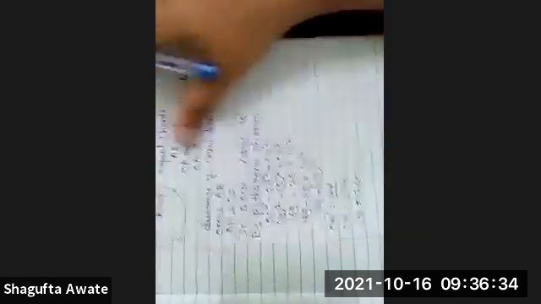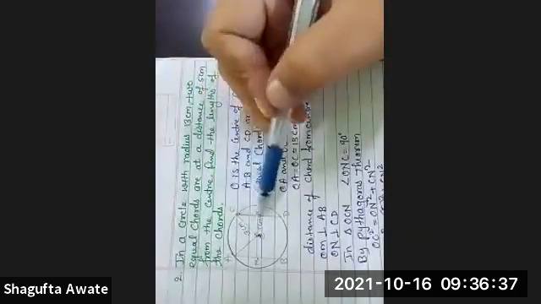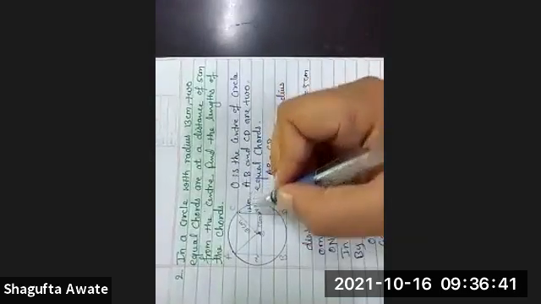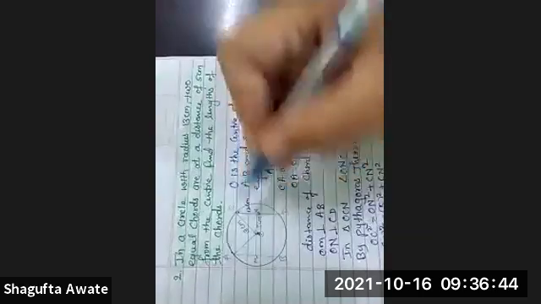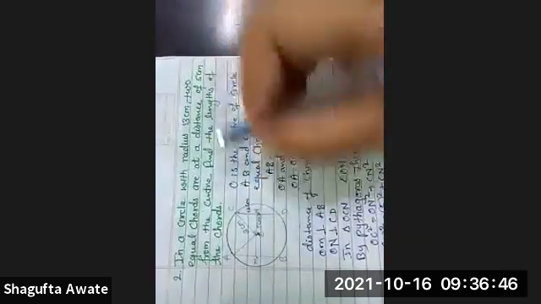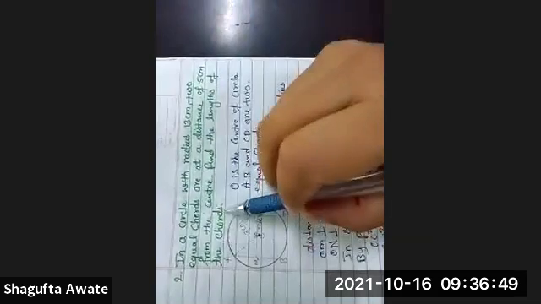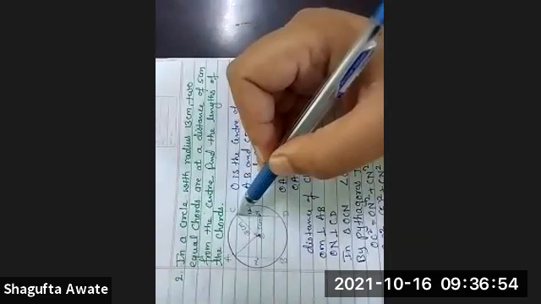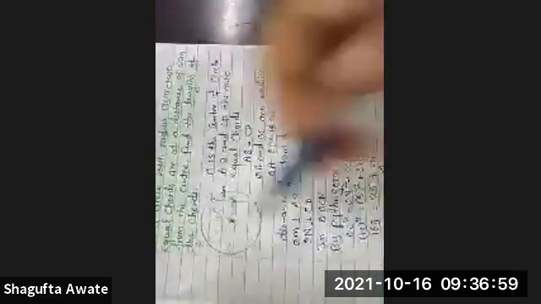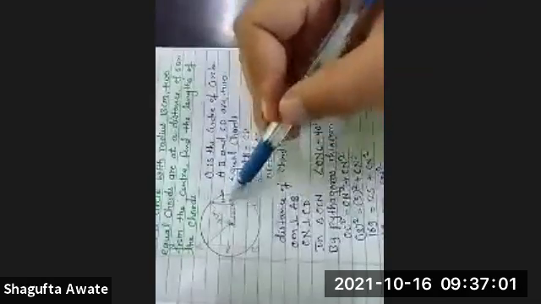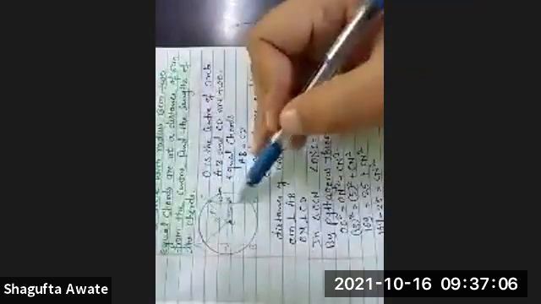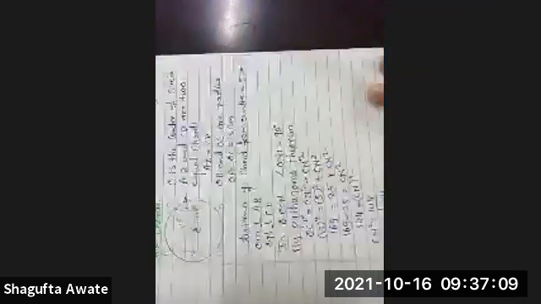So CN we got as 12 centimeter. But what is this? We got the half. What is asked us to find here? We have to find the length of the chords. We got the CN. We need to find the length of CD. We got only CN. So the perpendicular drawn from the center of the circle to the chord is going to bisect the chord in the form of CN and ND.